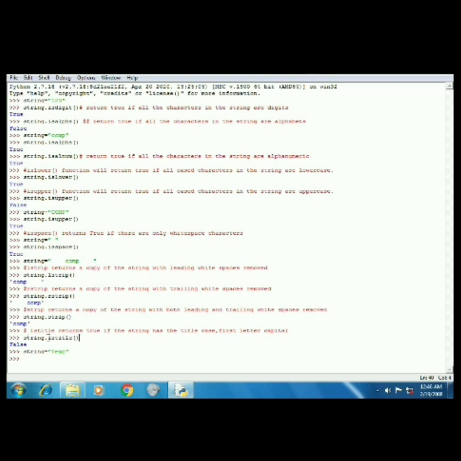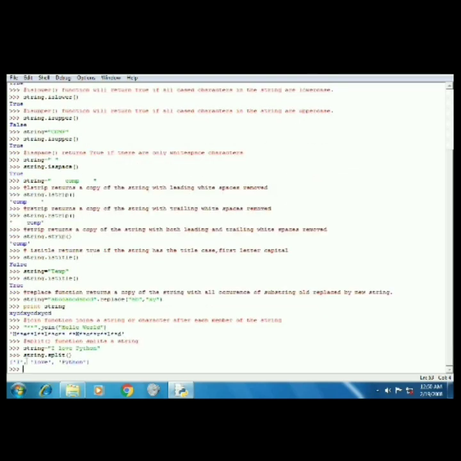Replace method returns a copy of the string with all occurrences of a substring old replaced by new string. The syntax is string.replace(old, new).